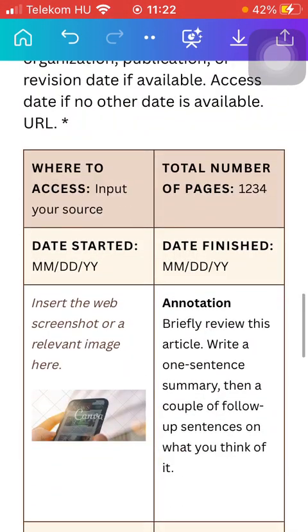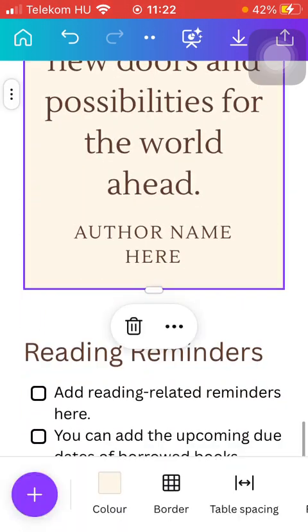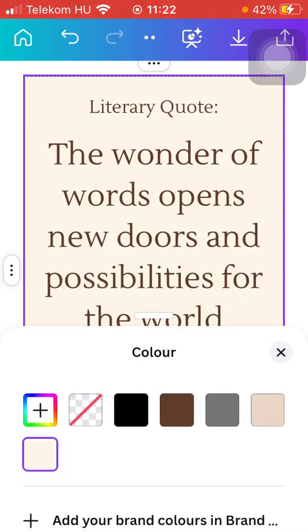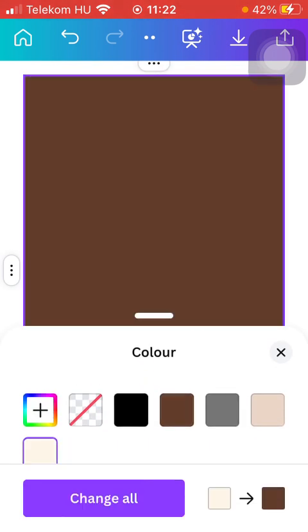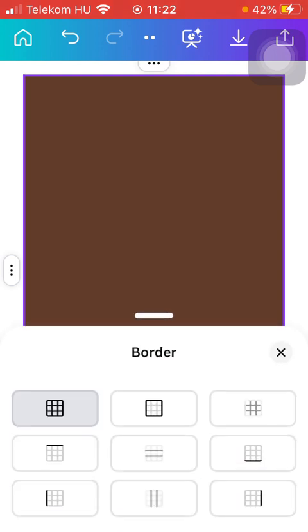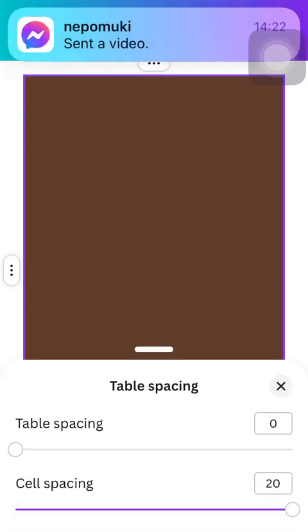You can change the colors of it. As you can see down below, you can change the color of this box. You can change the border. The table spacing can be set on this slide, as well as the font, text style, font size, color, format,